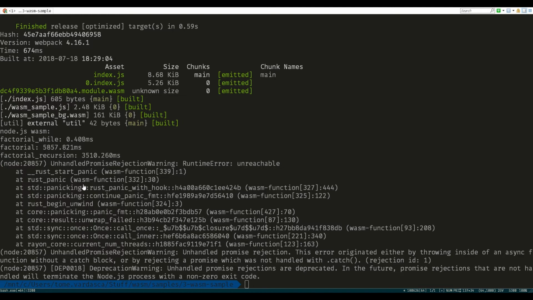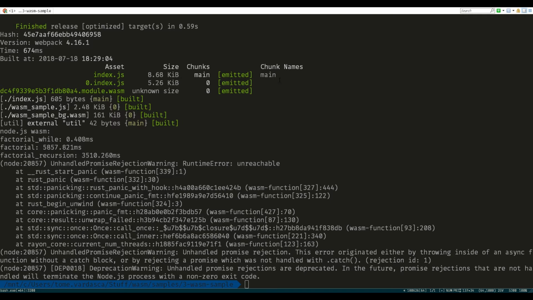The code is really simple. It's almost similar to the Rust native one. I just used the bindgen annotation. That's the best thing about doing the code this way.